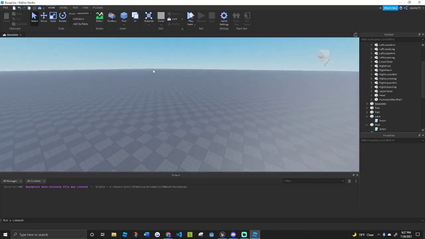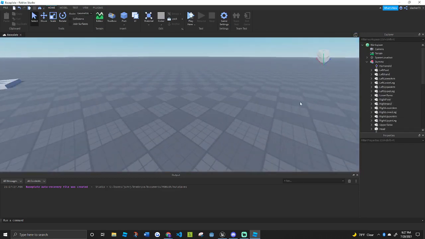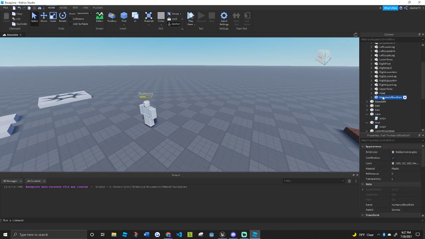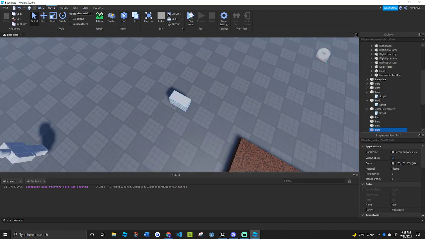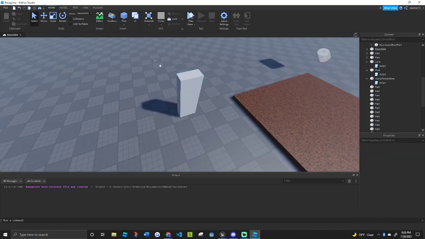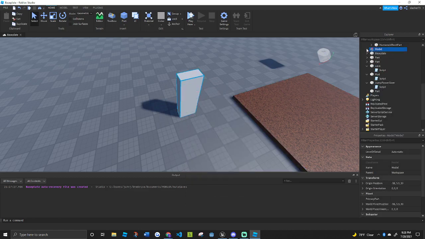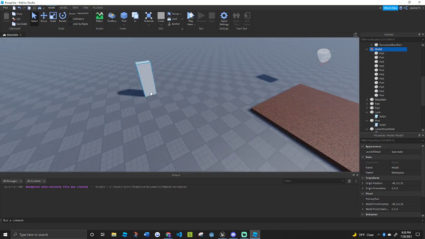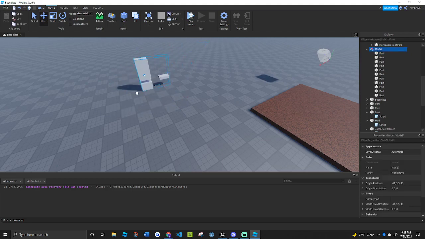Okay, and then finally, if we want to make a teleporter, what I want to do is not affect the humanoid, but there's something called the humanoid root part. Every character is just a model, and a model is just a grouping of parts. If I have all these parts here, I can select them, right-click, group, and it'll put them into a model for me. This model moves the parts around as a unit. I can still move the parts individually if I click on them individually in the Explorer, but if I move the model around,